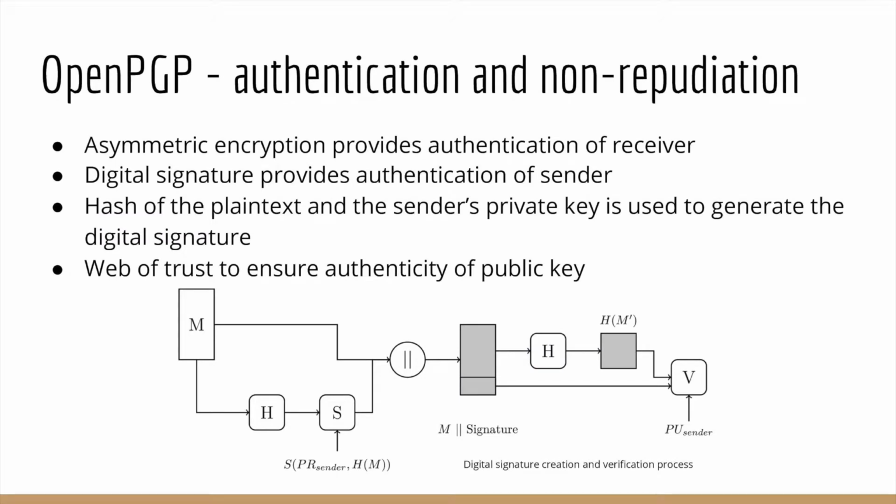To provide authentication of the sender, a digital signature is used, and this can be generated by signing the hash code of the plain text message. A web of trust model is used to bind a public key to its owner, and hence ensures the authenticity of the public key. This model relies on the idea of a decentralized trust network, where verifying someone's authenticity indirectly suggests that you trust the identities that have been authenticated by them.